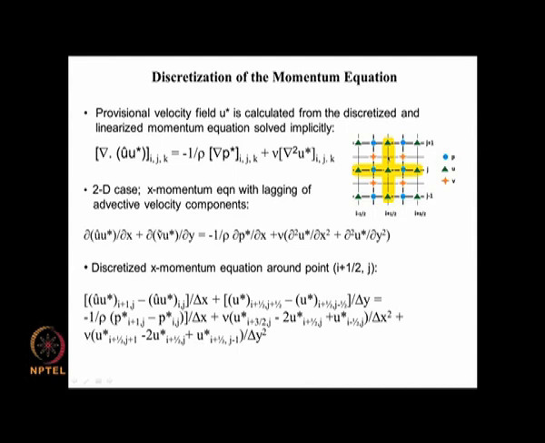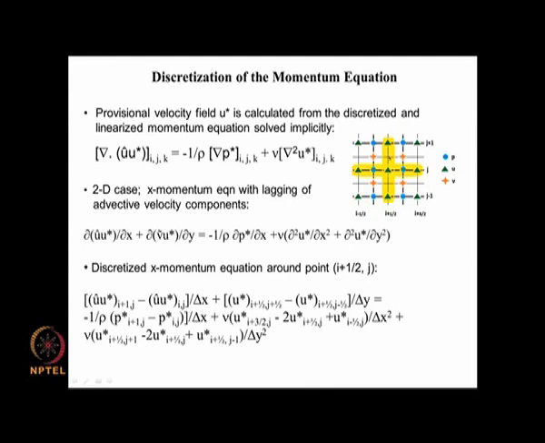If V is negative, then this will be u at i plus half, j plus 1 here. So, the value of this star thing when it appears in this term is dependent on whether V is positive or negative. If V is positive, then we take the backward value, this is j plus half. We take this value, and if V is negative, we take this value, because when we say V is negative, the flow is coming down in this direction. So, the upwind value is this.